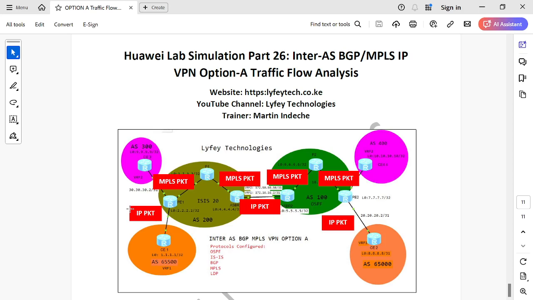So this is an MPLS packet. It's forwarded to P1. P1 also is in our MPLS domain, so it has to perform the swap operation. But remember, this is the penultimate hop, so it doesn't have to